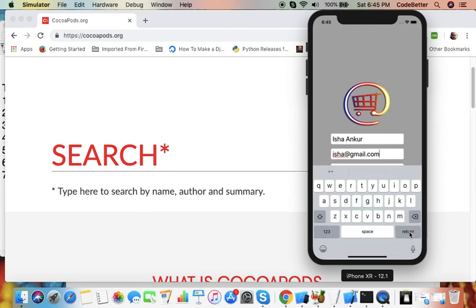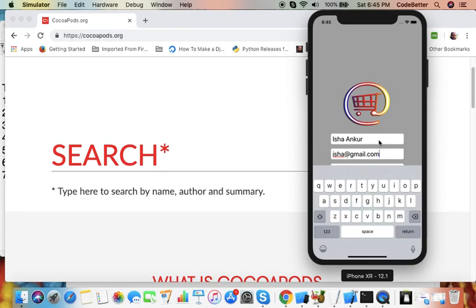The return button is also not working. So how can I hide this? There should be some mechanism. In an iOS application there is the resign first responder mechanism using which I can hide it. So I need to do some coding to hide the keyboard when I click on the return button.